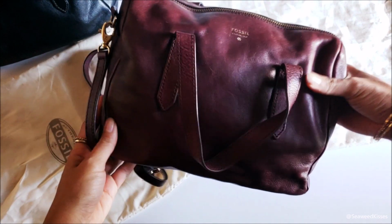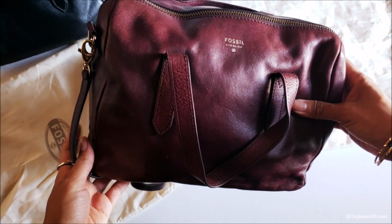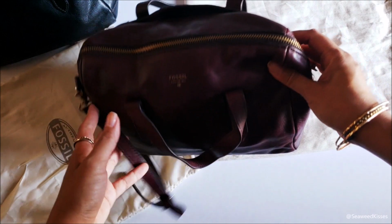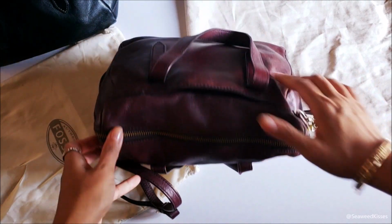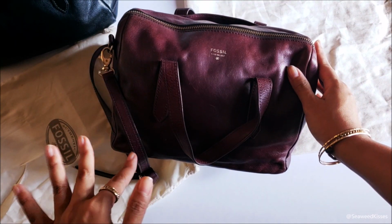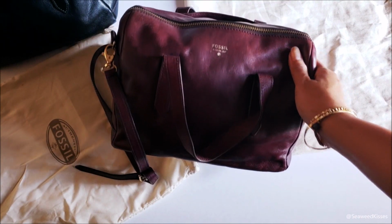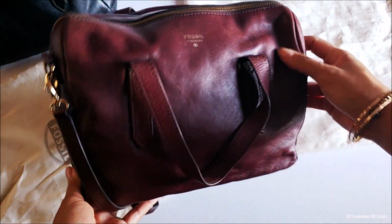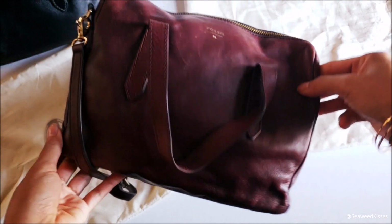So if you're curious to know, this is a Fossil Sydney Satchel in the color Raisin. I believe this one's really hard to find. A lot of you guys have mentioned how you're not able to come across this as easily. So I don't know, maybe I just got lucky because at my local Dillard's, they had that there. This color reminds me of a beautiful, deep plum color, or like a Merlot or a raisin, hence the